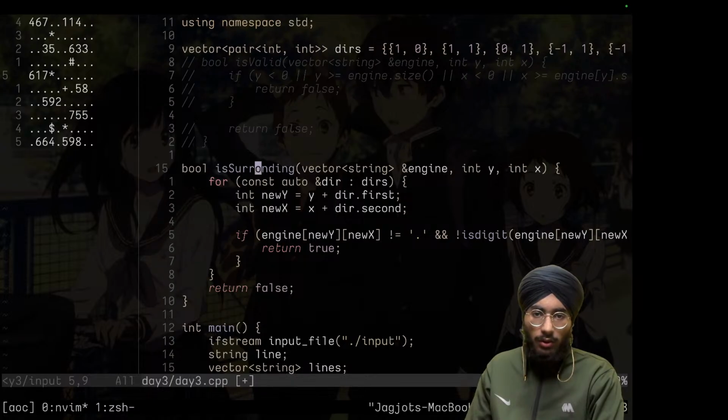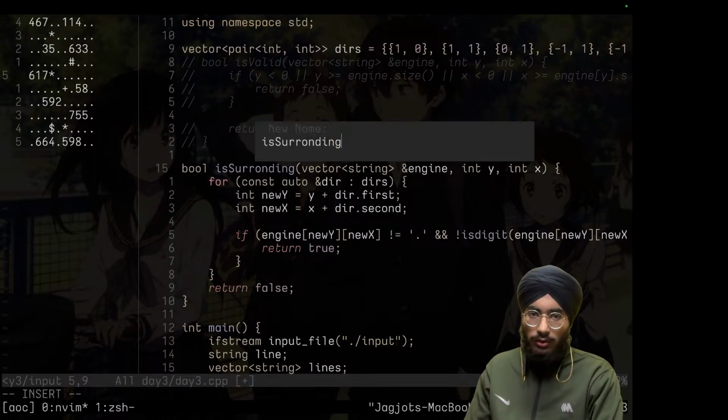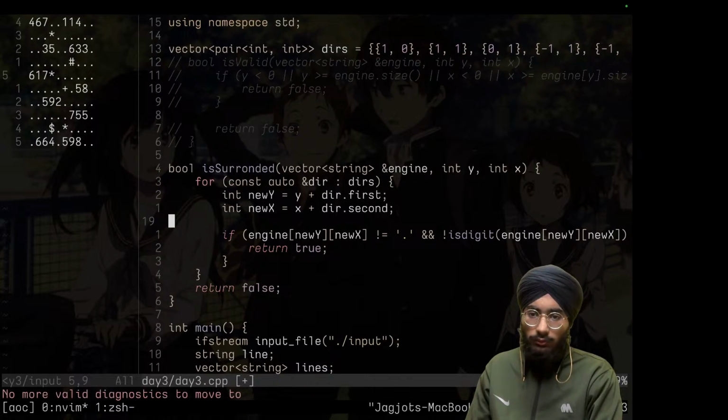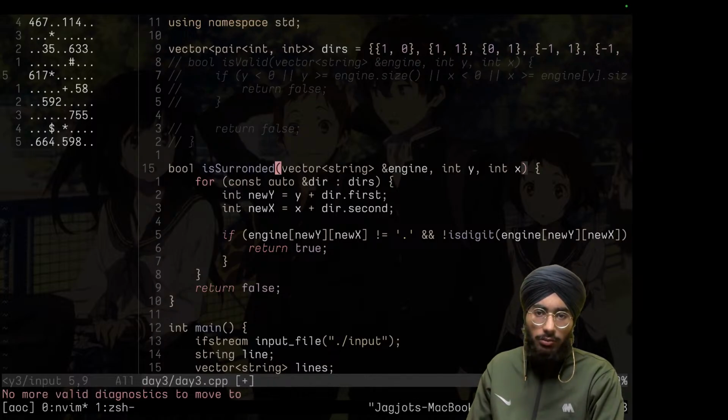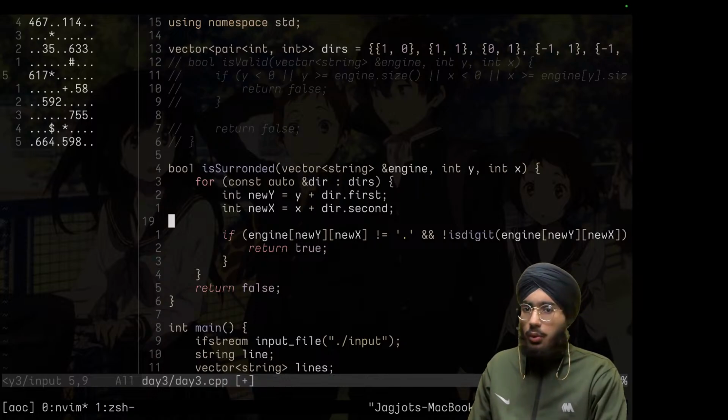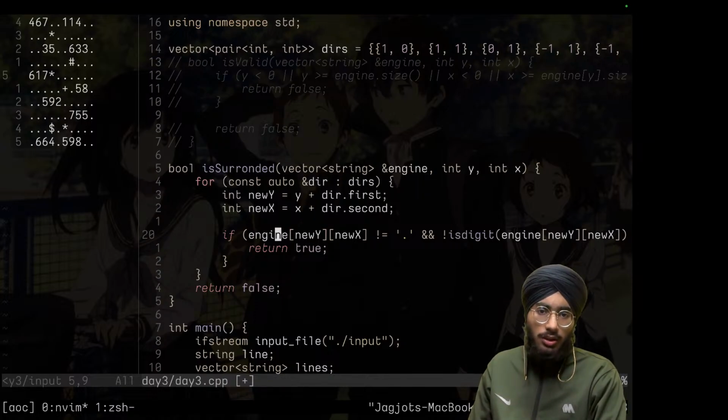Yeah, so is surrounded, no more valid diagnostics to move. Engine is fine. Y and X. Yeah, new Y, new X. If engine of Y is not equal to 0 and engine, we are gonna do that before, but first,